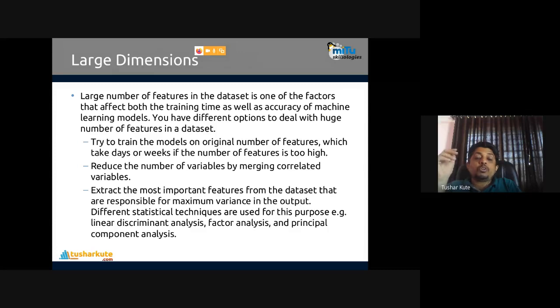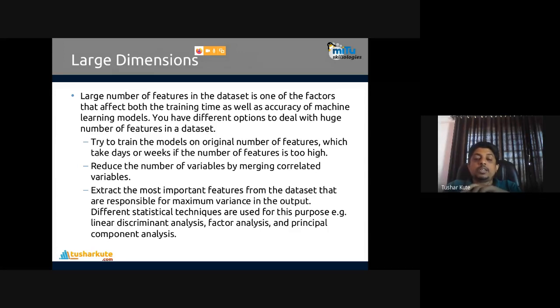Then extract the most important features from the dataset that are responsible for maximum variance in the output. Only the features which contain maximum variance are considered. We have seen the concept of variance, standard deviation practically also. So the features which cause maximum variability in the output are considered by principal component analysis.